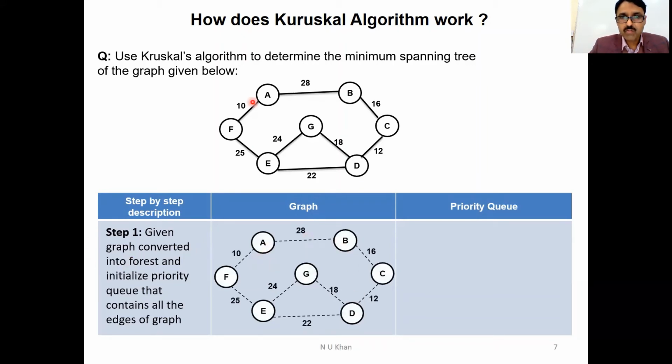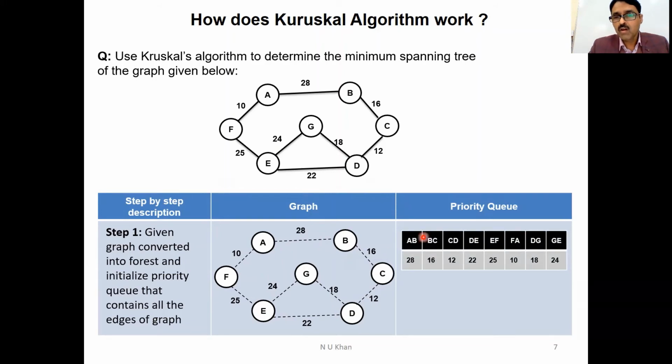So the graph is this जो हमारा क्वेश्चन में दिया हुआ है. हमने edges को यहाँ से remove कर दिया, dotted line से represent किया है. So there are 1 2 3 4 5 6 7 trees. Okay, there are 7 trees which are not connected to each other. So it is a collection of trees, it means it is a forest. Now priority queue create करने के बाद जो भी एजेस हमने यहाँ से रिमूव की थी उनको इसमें स्टोर किया. So there are 8 edges with different weights.